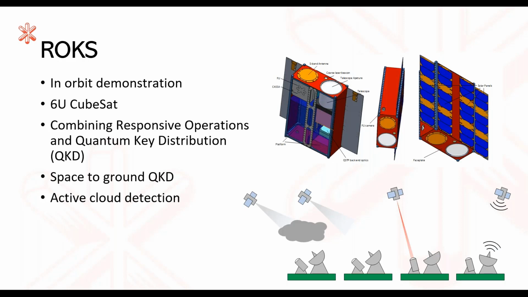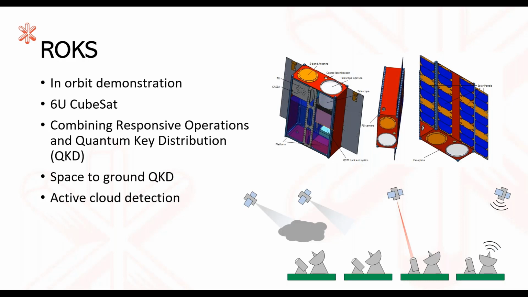We are only responsible for the payload section, which delivers the quantum payload, responsible for the actual main part, which is seen in the top right. A forward-looking imager, which we use in cloud detection, is on the left, and then a computer payload, which is responsible for the whole control of the payload and also the security aspects. The platform will be provided by another company.